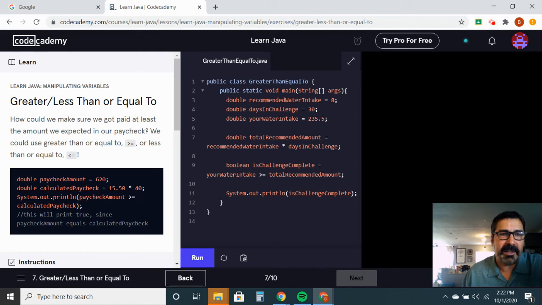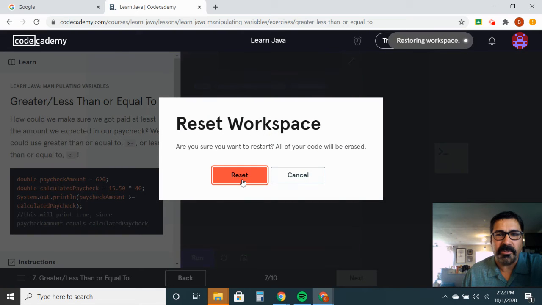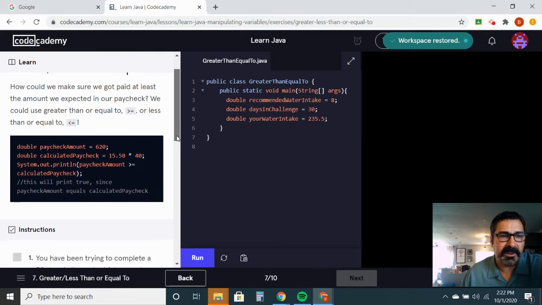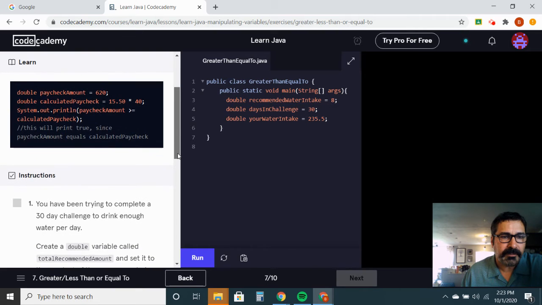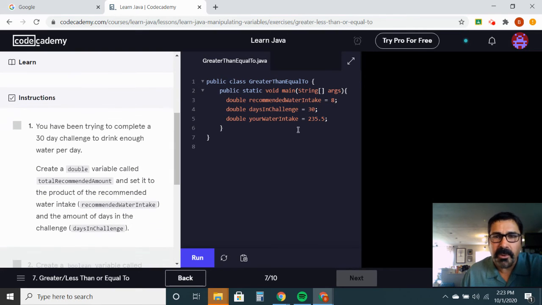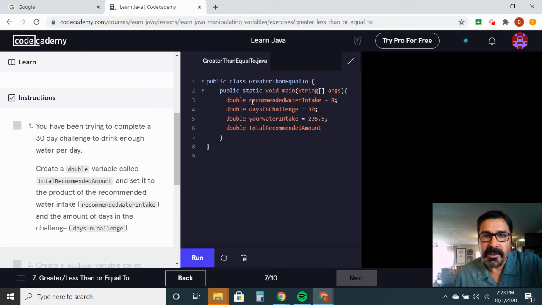Now we're on 7 of 10. Make sure you read all this on your own first and do it on your own the best you can first, and then we'll go from there. Let's take a look and see how this goes. We want to create a double variable called total recommended amount. So we're going to say double and then total recommended amount. This is going to be the product of how many days. So we're going to say equals